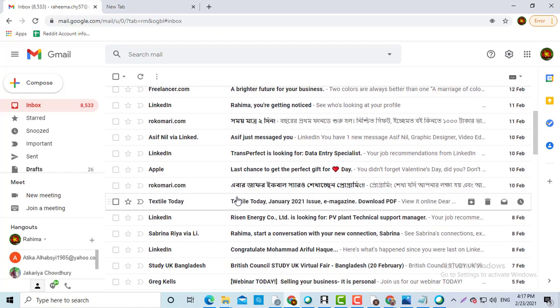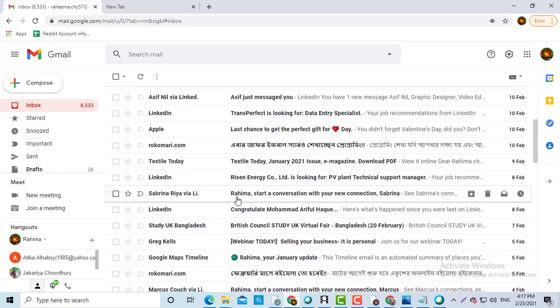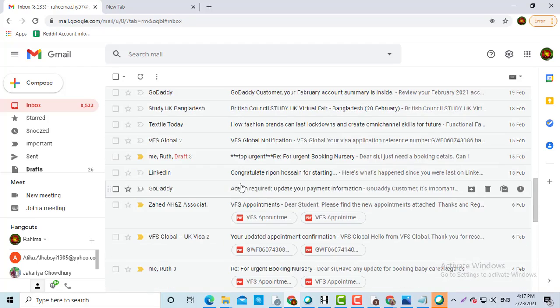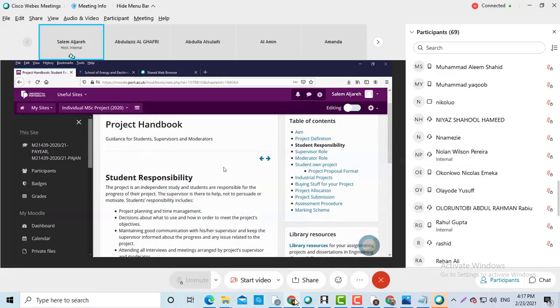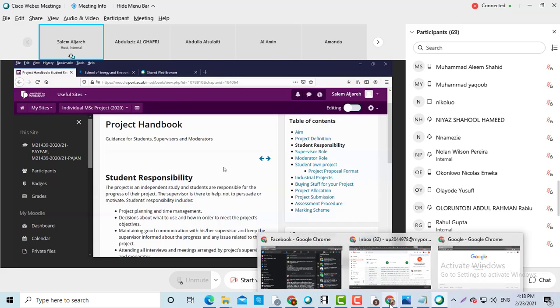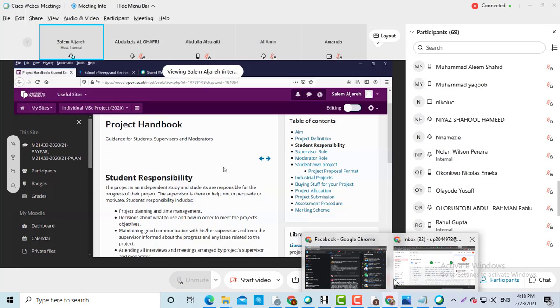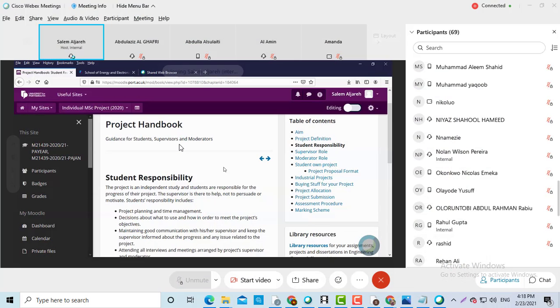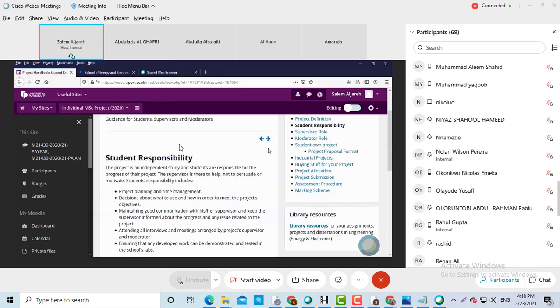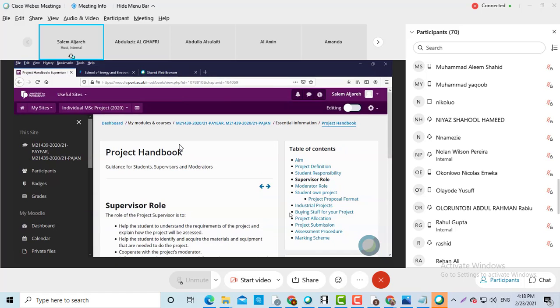Read the student responsibility. We'll come back to it next week. We'll have another session where I'll take you through this, but I'm concentrating more on the allocation, because we are doing it now. I don't want students to miss anything, and I want you to make the most of the available time until we close the door for the allocation. So if we go straight to the allocation process here,